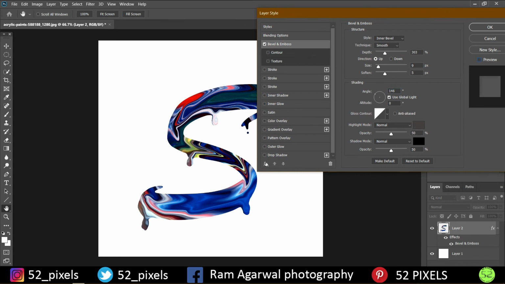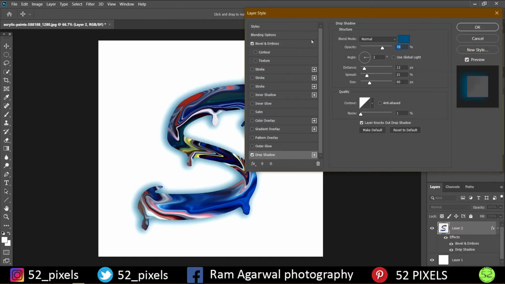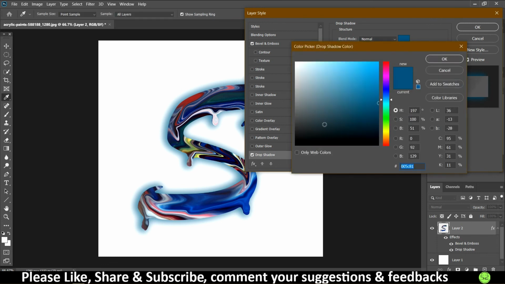This is the earlier image and this is the new. So you won't notice much of the 3D effect in this case. I'll increase the depth. I guess that doesn't work over here in this case, but yeah, that's it. So once you click on OK, again you can go to FX and add a drop shadow for an even better effect. So let's change the color of shadow to black